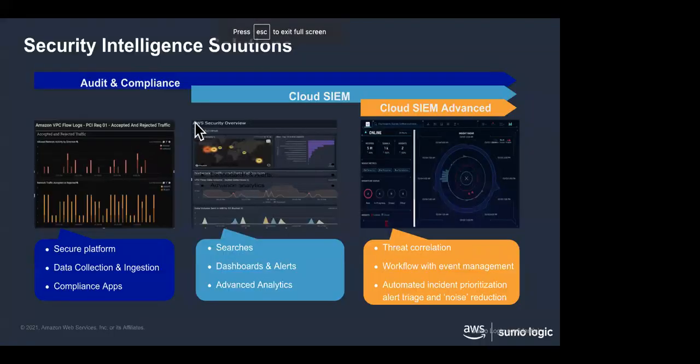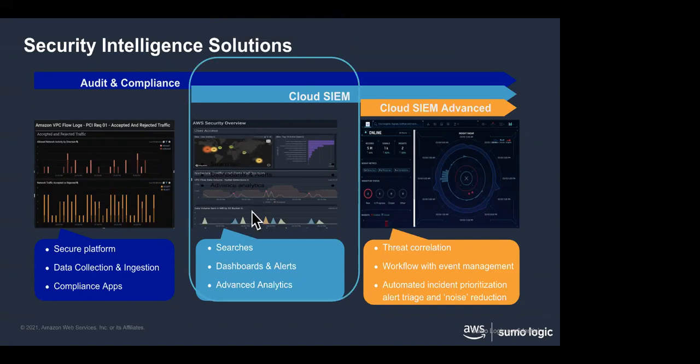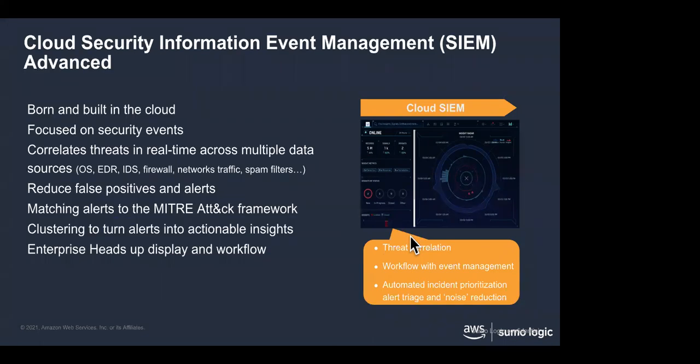So again, here, as far as Sumo Logic is concerned, we talked about those built-in dashboards, right? That's good old Cloud SIEM powered by AWS, where we build queries and stuff. That's what we talked about before the break. Now we're going to focus on Cloud SIEM Advanced, where we're going to take the data coming in. We're going to build up a nice little heads-up display where you can see where your threats really are and where you really want to focus your attention. So this is really kind of a neat tool. It's going to provide you threat correlation, workflow, and event management, as well as some sort of automated incident prioritization. So that's what we're going to focus on right now.